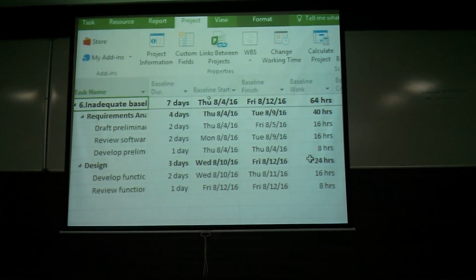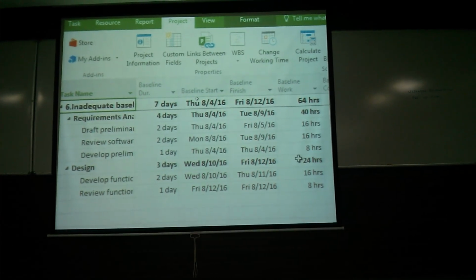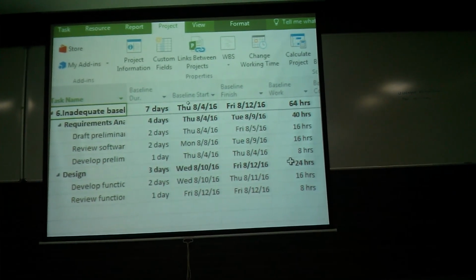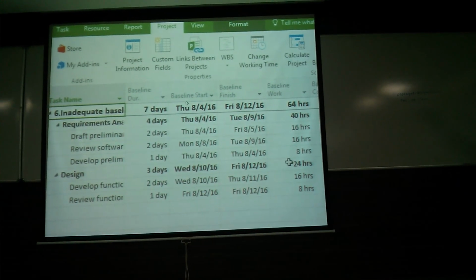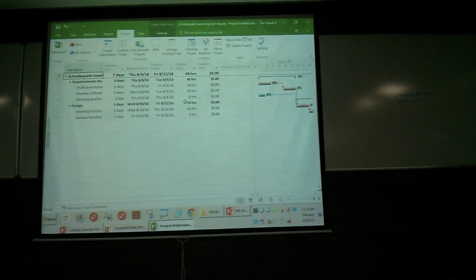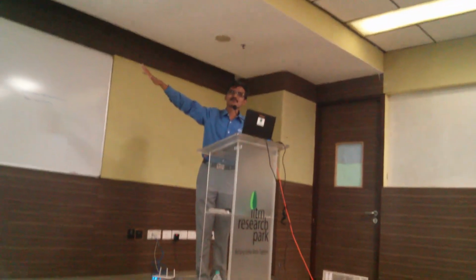This is what you wanted. The problem here is when you type in column names, there is a chance that we may not know the right name. We might insert baseline 1 rather than baseline 2. Right? So this is how you do it. So is everyone clear about how to set the baseline and how to see this?